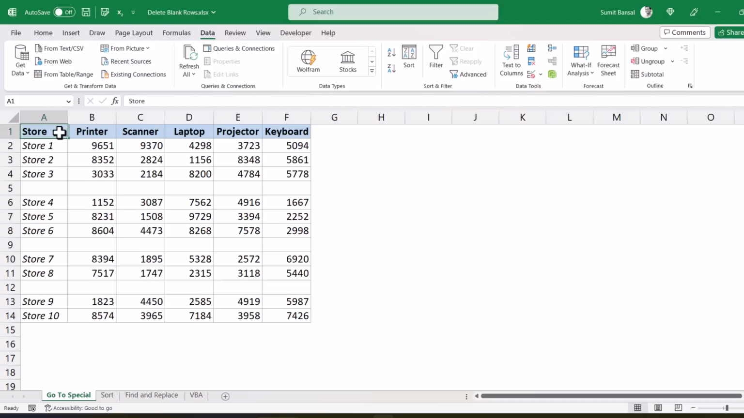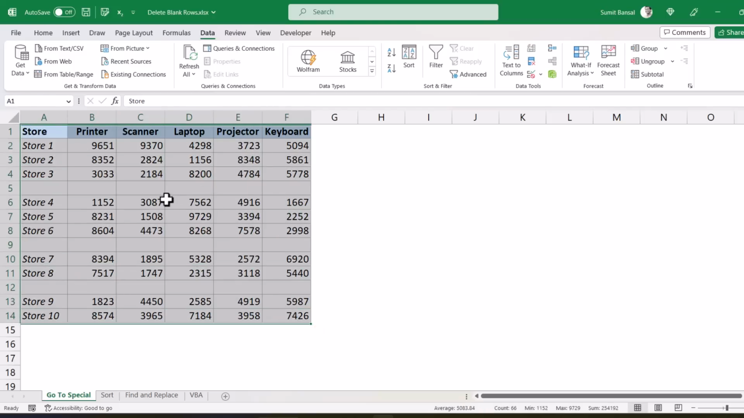Now the first method that I want to show you is by using GoToSpecial. It works well, but there is a drawback to this method. So let me first show you how it works and then I'll tell you why this is not the best way to do it. So here I'm going to first select this entire data set, including the blank rows that